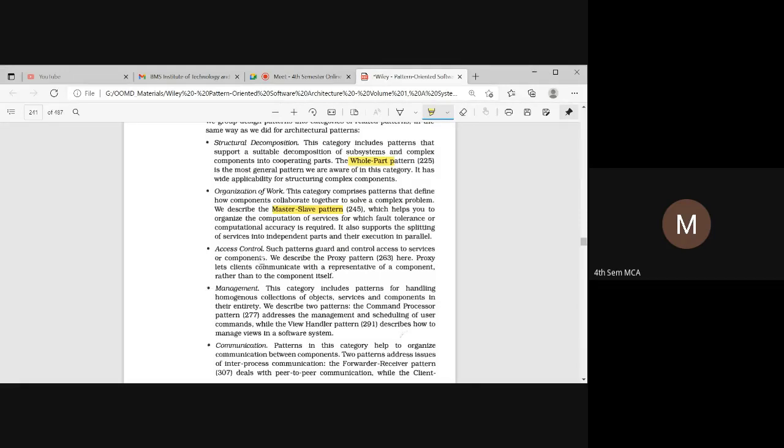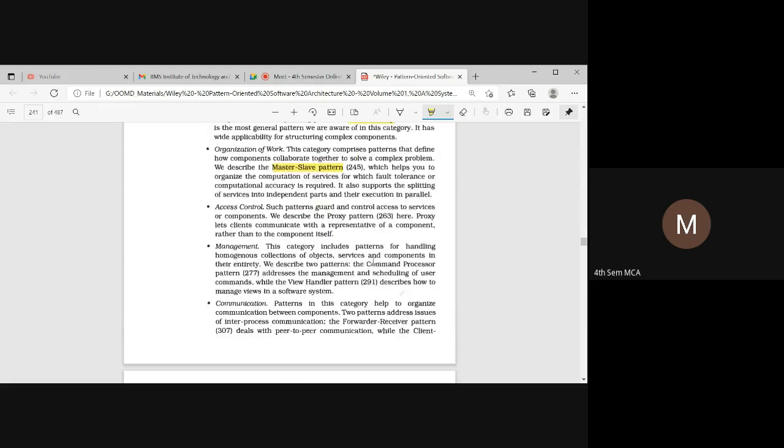Next, access control. In the access control pattern, we have the proxy pattern, which acts as a real server and handles all the client services. Next, in management patterns, we have the command processor pattern, and one more, the view handler pattern.